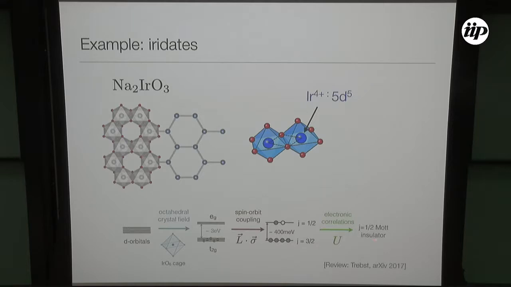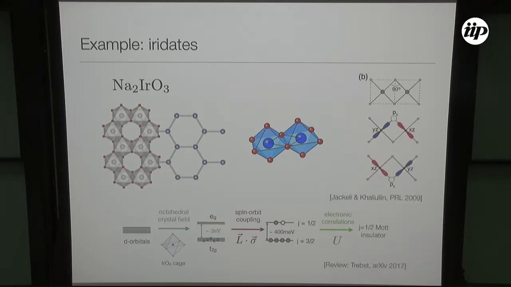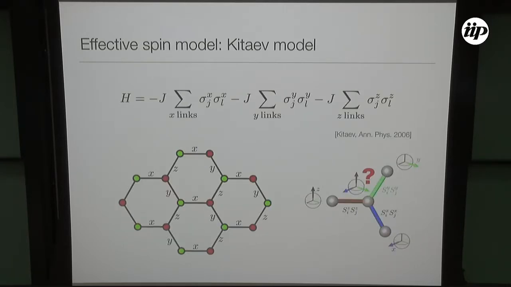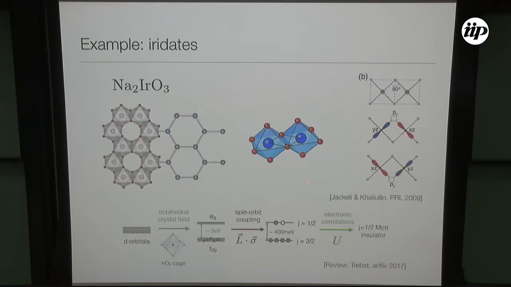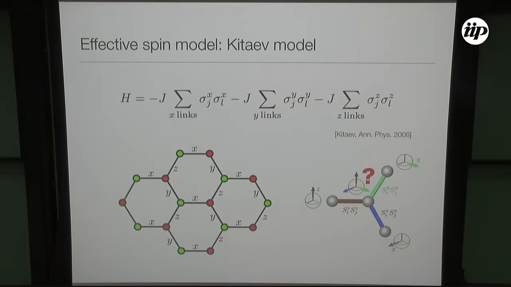So effectively you can think that you have some kind of spin 1/2 degree of freedom distributed on this honeycomb lattice. But then people worked out what the effective spin model would be. Then you start talking about exchange processes where you have virtual transitions where the electrons visit the other sites. You do perturbation theory to order t squared over U or higher. This was done by Jackeli and Khaliullin, who found something very interesting: that the effective model for this kind of material, for the iridates, with, I should emphasize, edge-sharing octahedra, is what is known from theory as the Kitaev model.